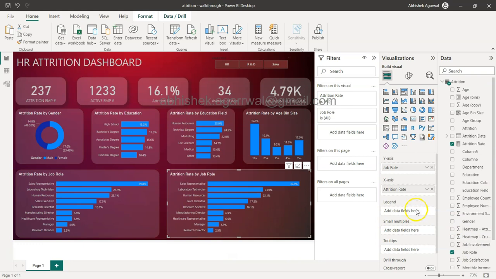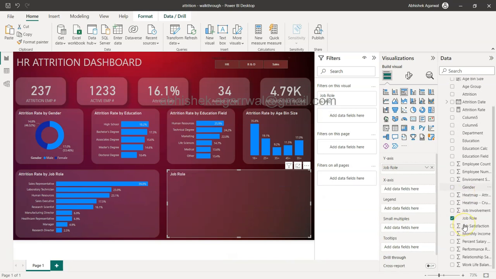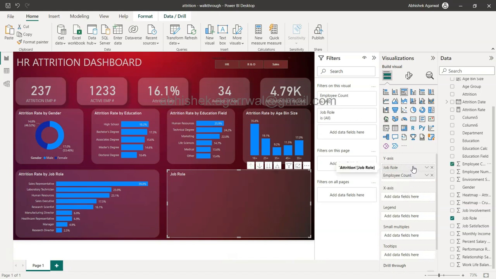So we have the attrition rate, but what we need is a different value. We need the employee count, because we have to show the actual count of values. So where are you? Employee count over here. So that should be your y-axis, and we remove that job role,